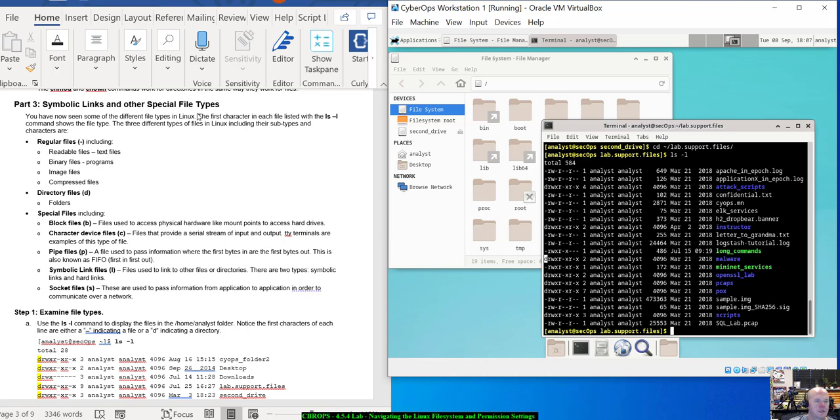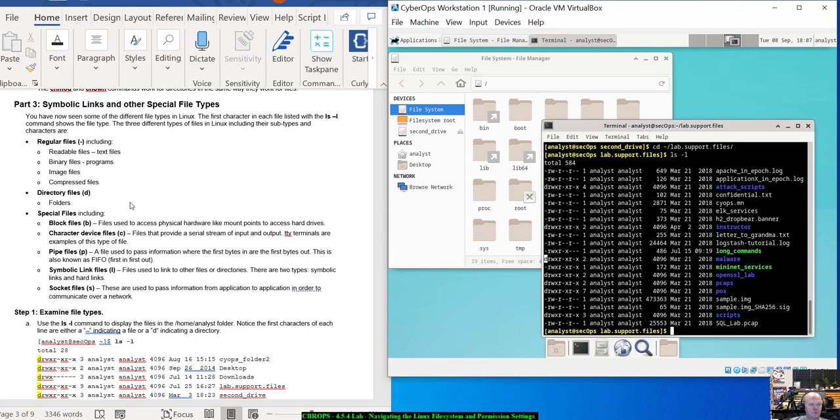The 3 different types of files in Linux, including their subtypes and characters, are regular files, including readable files, text files, binary files, programs, and image files, and compressed files. Directory files, folders, special files including block files, files used to access physical hardware like mount points, to access hard